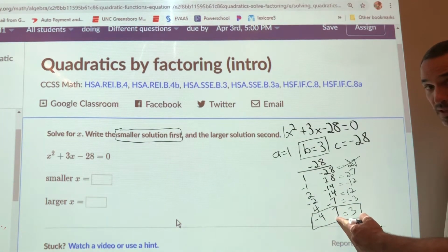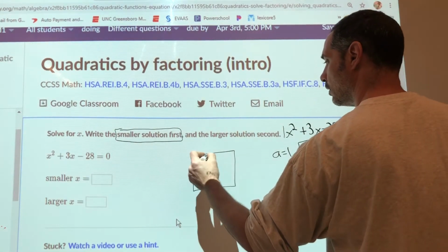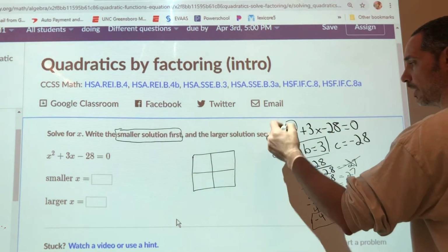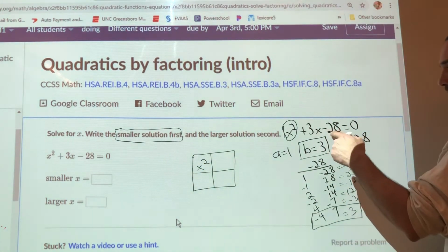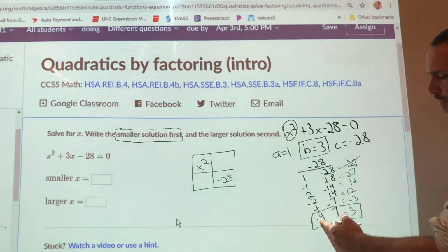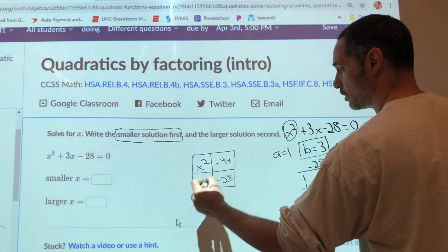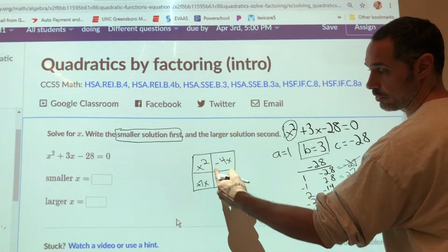I'm going to factor by the box method. So, in the box method, I start by putting the first term, x squared, in the upper left-hand corner. The last term, minus 28, in the bottom right-hand corner. And then I'm going to use this number, negative 4x, and then this is going to be a positive 7x. And those are going to go in the other two. So this is minus 4x and plus 7x. And it doesn't matter, if you had put the negative 4 down here and the 7 up here, that's fine